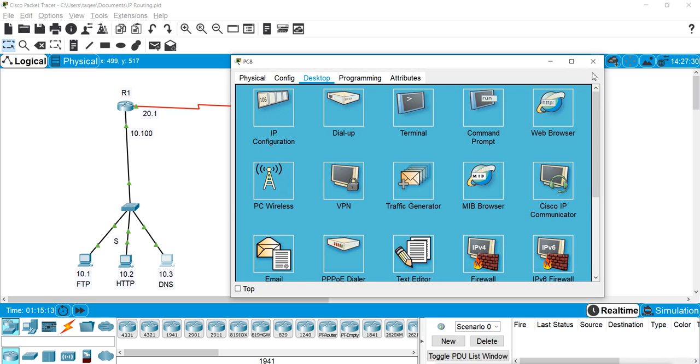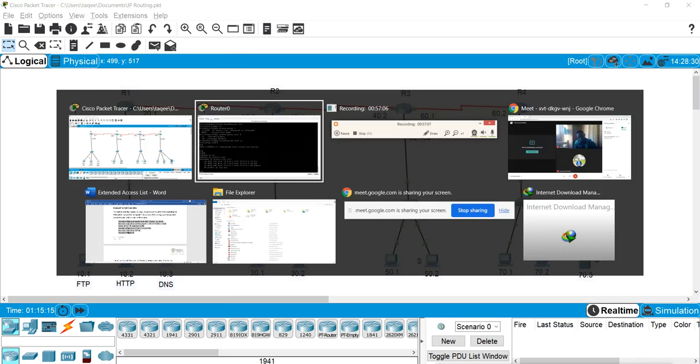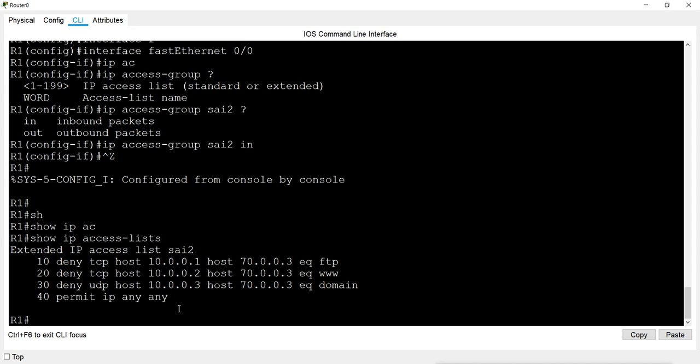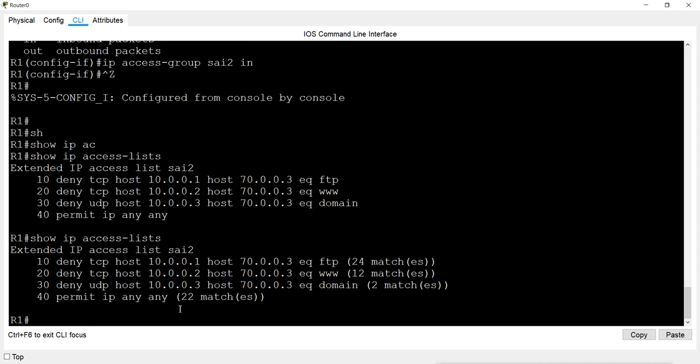So what did we do? We denied this. Let's check again, and we see the matched packets. First it denies 24 packets for this host to access the FTP. The rest is allowed. Then for this host, for accessing the website, we have denied, and 12 packets have been denied.